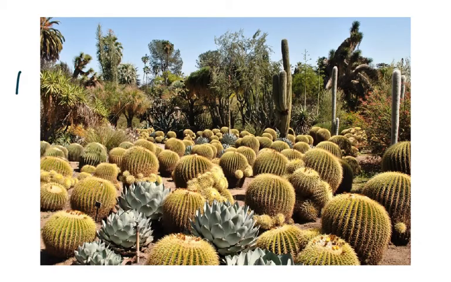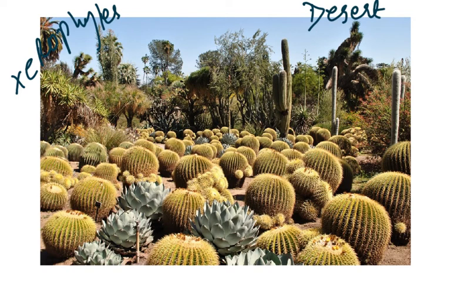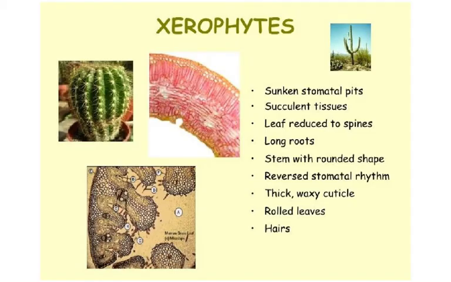Then let's look at xerophytes. Xerophytes are those which have been adapted to survive long periods of drought and high temperatures. So these are the ones which are called desert plants, xerophytes. If you look at the features of xerophytes, number one, they have sunken stomatal pits. They have succulent tissues, leaves reduced to spines, very long roots, a stem with a rounded shape, and